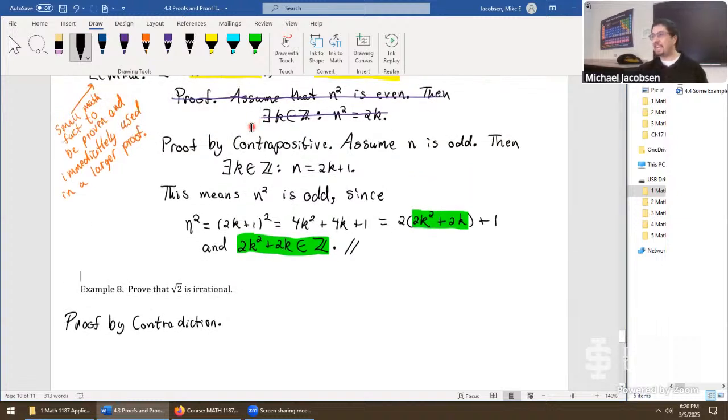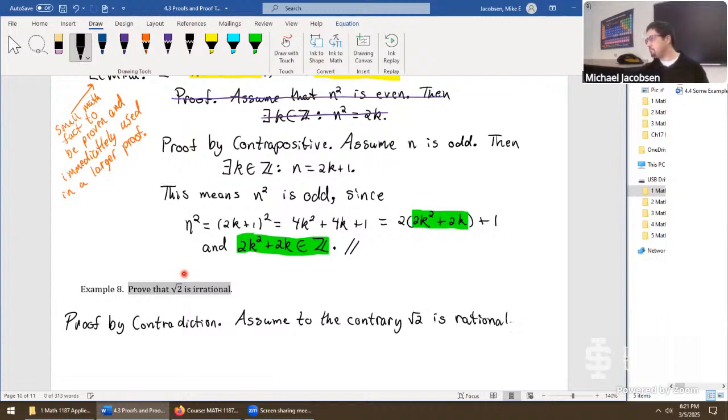And in a certain sense, this is kind of dangerous, right? When you say contrapositive versus contradiction, it's easy for our mind to kind of just make that seem the same. They're radically different. It's very important to keep these two ideas, contrapositive versus contradiction, totally separate in your mind. With a contradiction, if the statement is that root 2 is irrational, we'll say assume to the contrary, root 2 is rational,